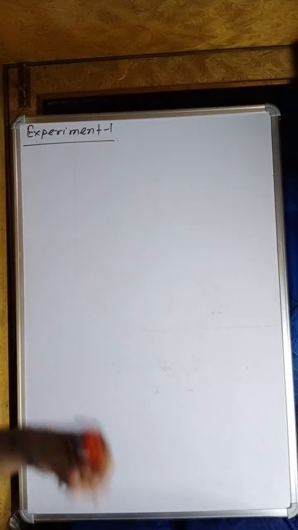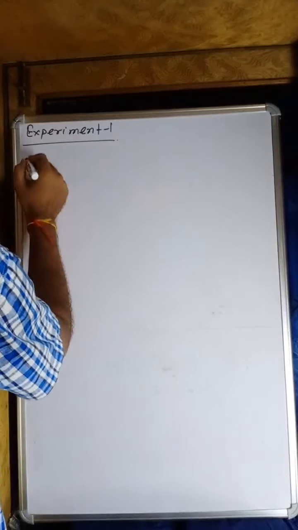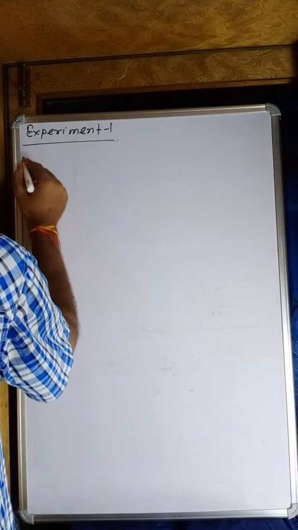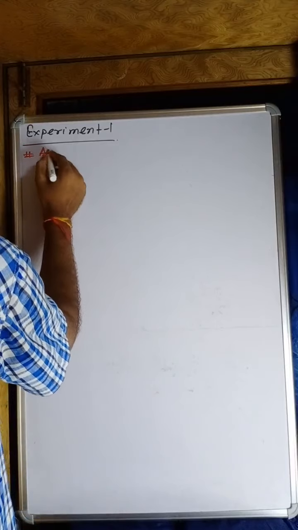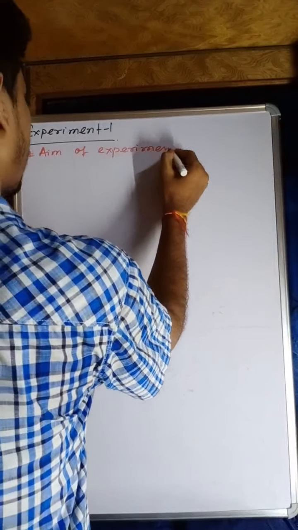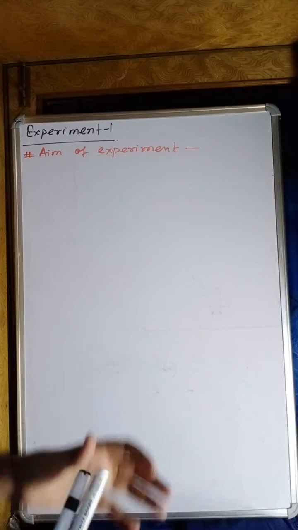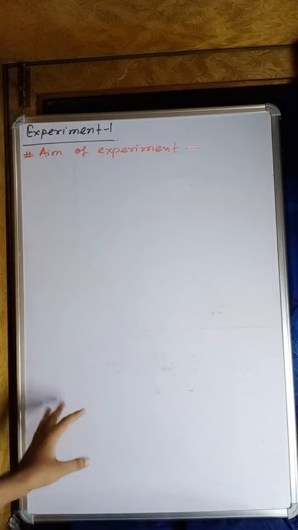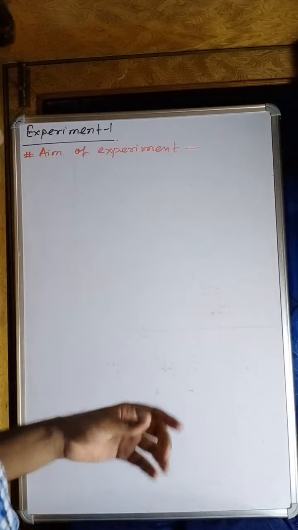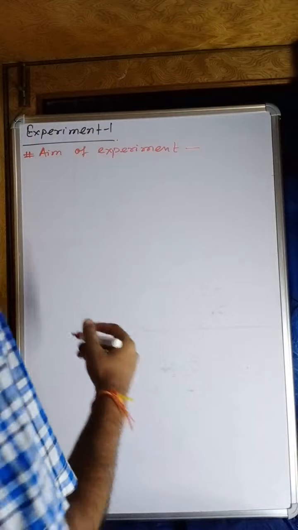My dear students, there are several steps that you have to follow in your record copy. Okay, one by one. The first step is to write the aim of experiment. Remember, in the proper way I'm writing, you have to follow all the things. The first step, it is aim of experiment. You have to write in rough somewhere else. In rough, write down the steps first, and then after we will understand how we have to maintain the different steps. Okay, so the first will be the aim of experiment.